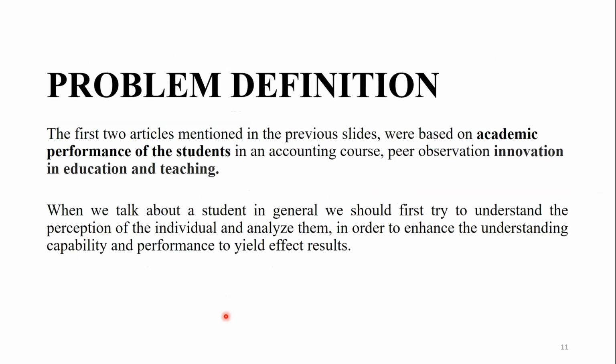So my problem definition is that the first 2 articles I mentioned on the previous slide are based on the academic performance of students in an accounting firm, and peer observation innovation in education and teaching. When you talk about students in general, we should try to understand the perception of an individual and analyze them in order to enhance understanding capability and performance to yield effective results. So that is very much important. So the previous 2 papers are the motivation for this